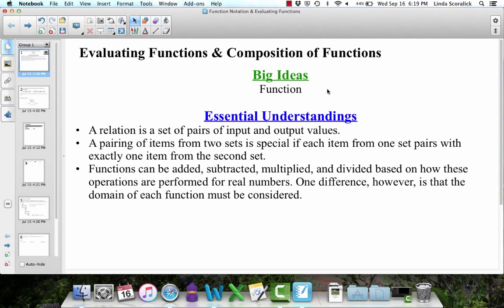In this lesson, we're going to talk very quickly about the concept of function notation, and then we're going to take a look at the concepts of evaluating functions as well as the composition of functions. Your big idea here is still the concept of a function, and it's important that you walk away from this